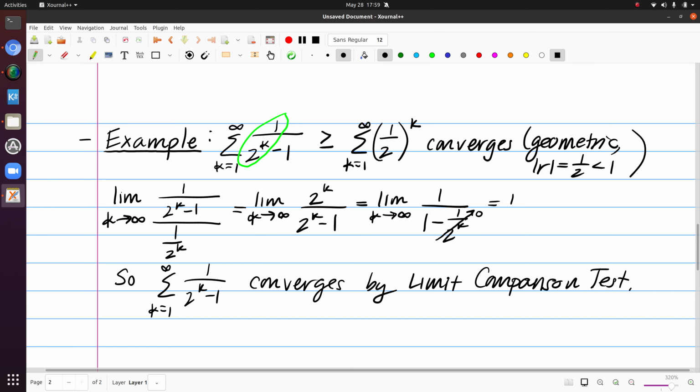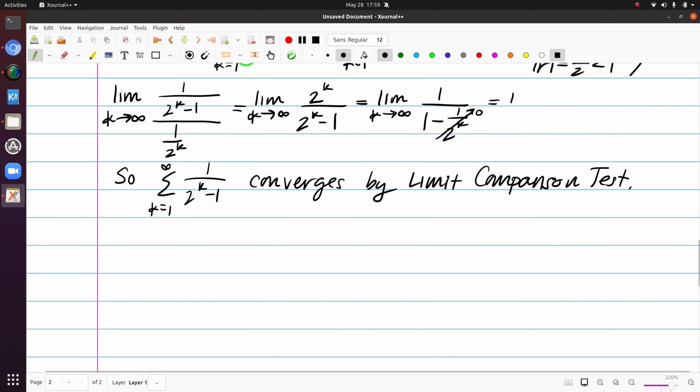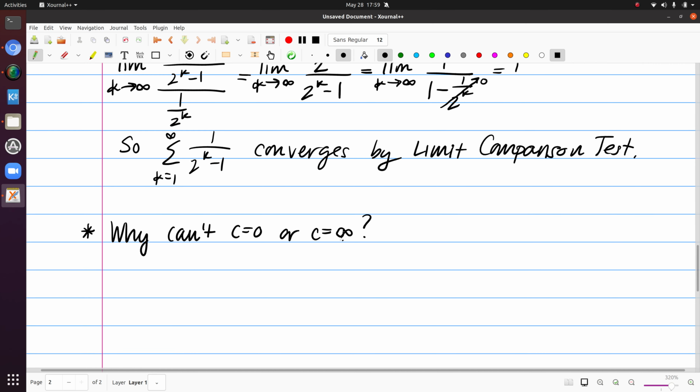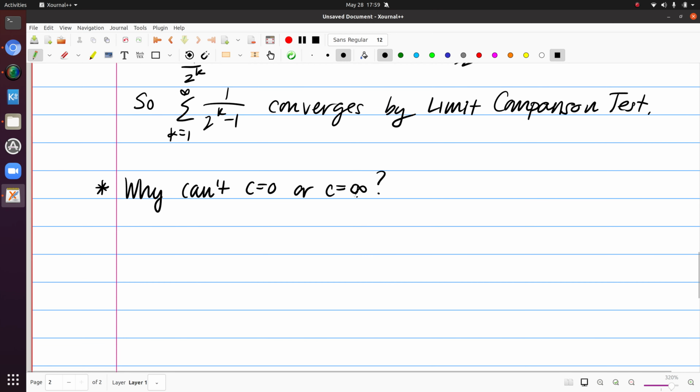So the last thing I want to mention here is why can't c equal 0 or c equal infinity? C representing the limit of interest here. So you really want to avoid, in the instance that you get 0 or infinity, you can't make a conclusion from the limit comparison test. So the best way I feel that I can indicate that that's true is to think about the instance where, let's see,